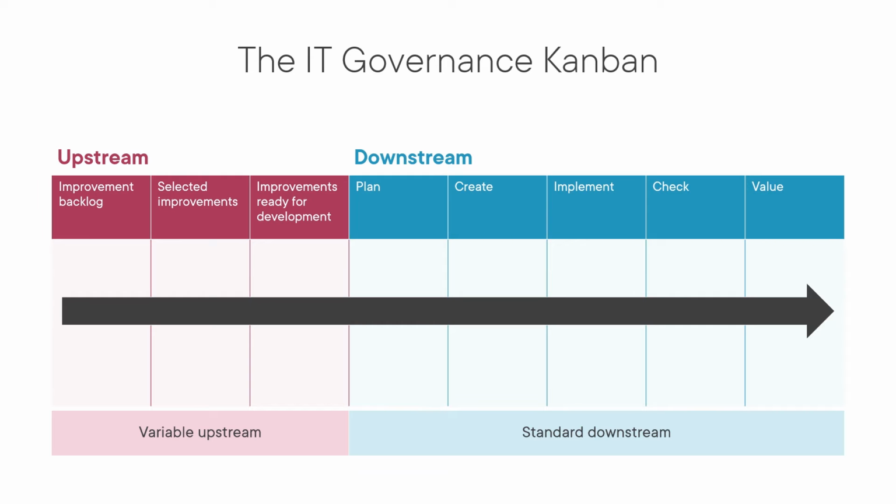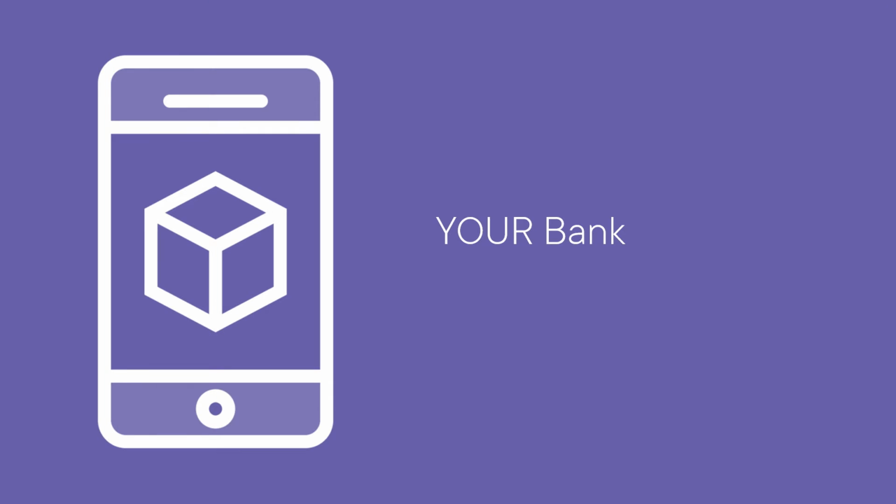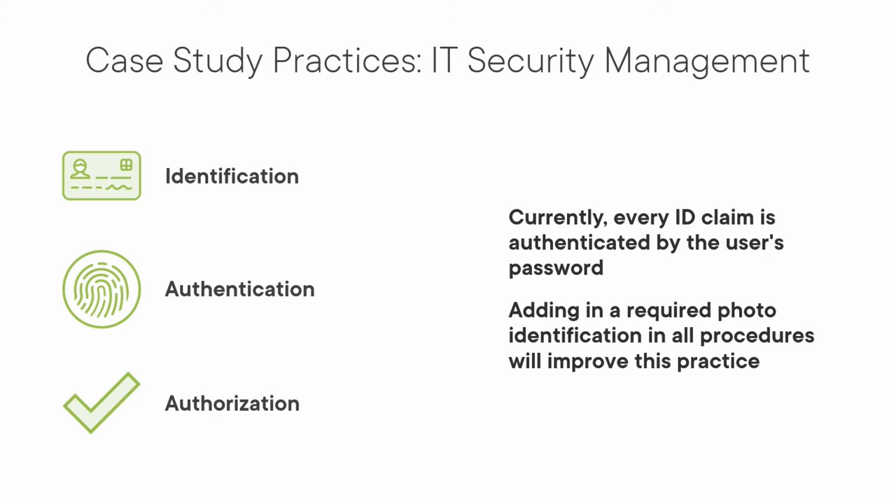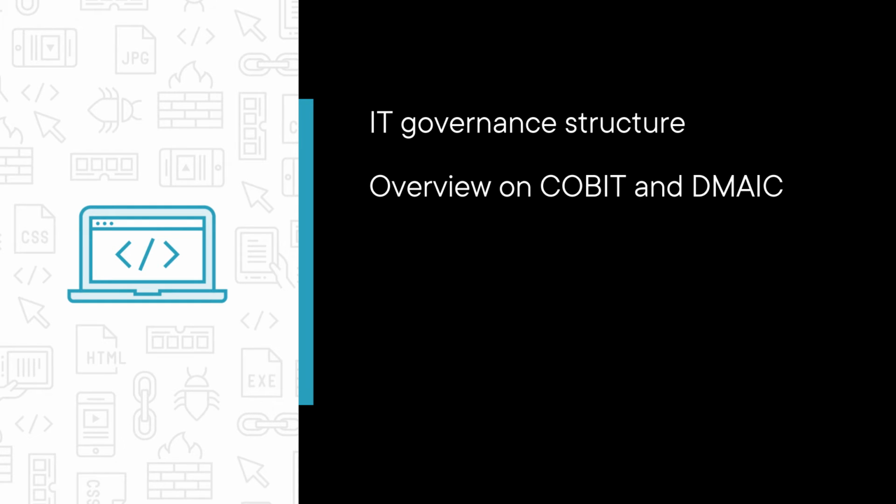This course's main objective is to enable you to start working with a single integrated approach to IT service management and IT governance, sustained by two pillars: quality management and value streams. Our quality management approach is going to be focused on continual improvement based on practices and procedures implementation. Some of the major topics that we will cover include IT governance structure and key concepts, the ITSM continual improvement model, IT quality management gurus, and the PDCA model, an overview on the COBIT implementation methodology and the DMAIC methodology,